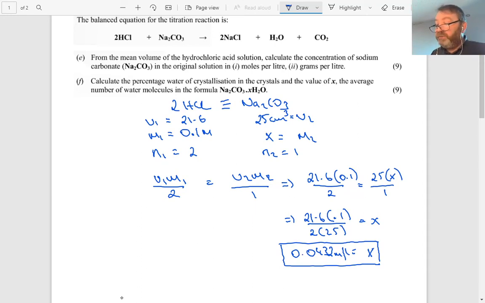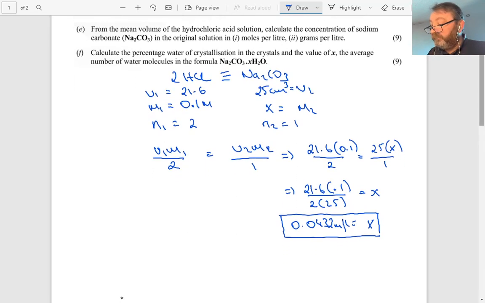Now, what does the question ask me to do? From the mean volume, calculate the concentration of sodium carbonate in the original solution in moles per litre. Well, there it is. There's your moles per litre. That's it, moles per litre. And in grams per litre. So now what I've got to do is go from moles per litre down to grams per